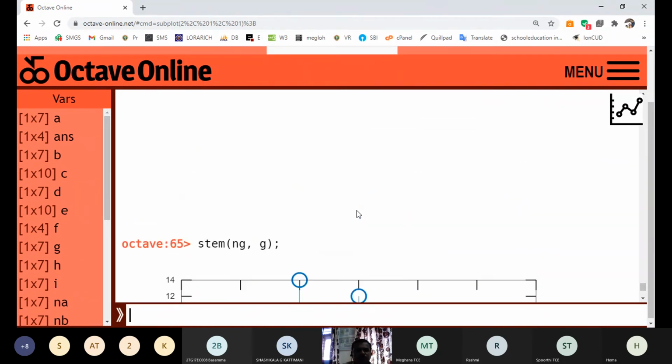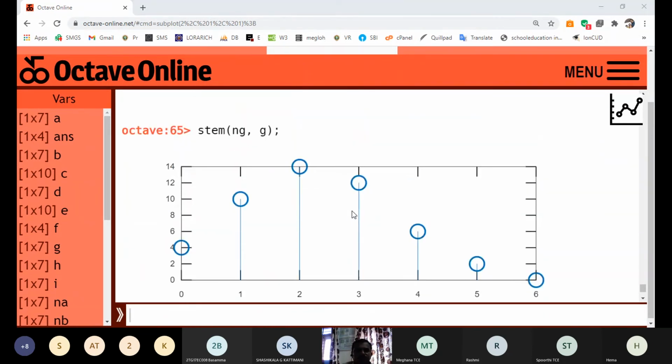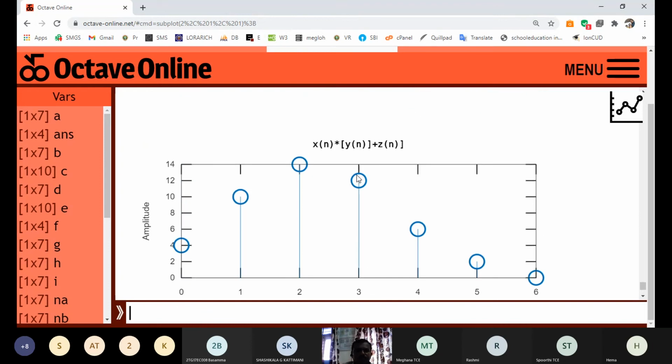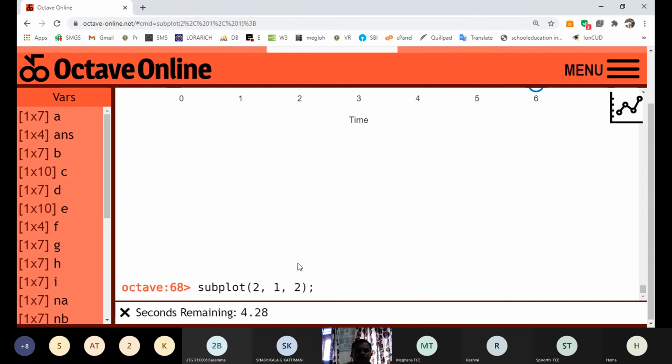You can observe the G signal. Then time, amplitude and the title. The title is LHS, that is the sum of Y and Z convolved with X. Now plot the RHS using the statement subplot.